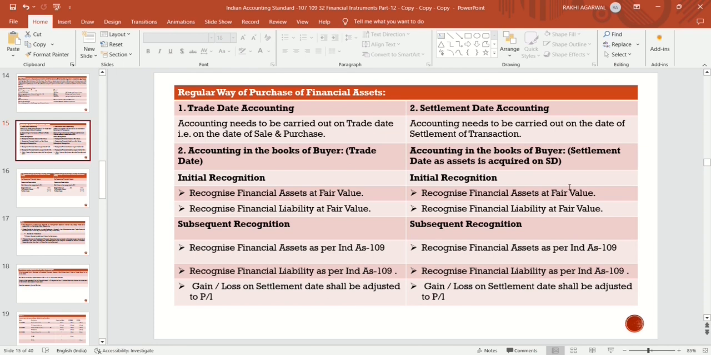Liability also follows the Ind AS 109 concept. If it is recognized at amortized cost, then subsequently also it will be at amortized cost. If it is recognized initially at FVTPL, subsequently also it will be recognized at FVTPL. And any gain or loss on the settlement date shall be adjusted to P&L, because